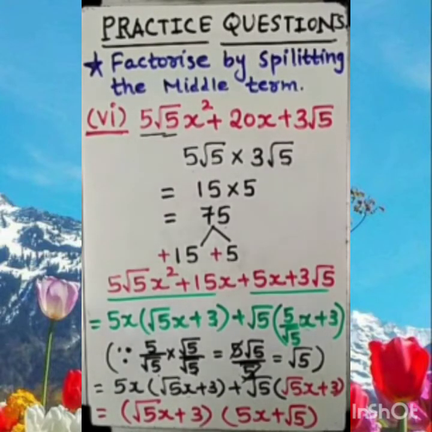Okay. Further, you can take out root 5 common from this also. Okay. For better simplification, we can have one more step. We can take out root 5 common from this also. Okay. So let's try and make it a little bit more simplified.